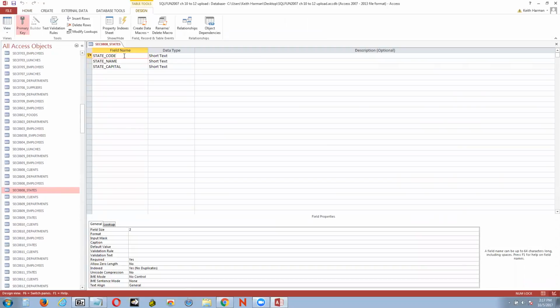Okay. And then for the state name, it's a short text and it's 30 characters, and then the state capital is 30 characters. So now we're going to create the lookup table, and I'm going to close this table off,